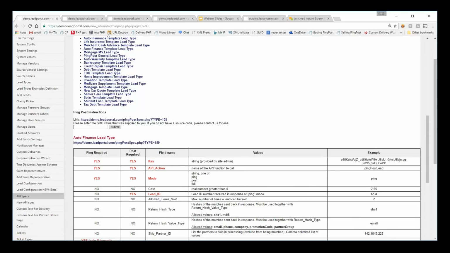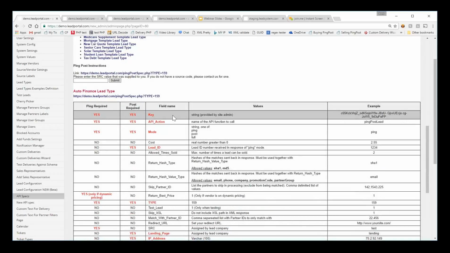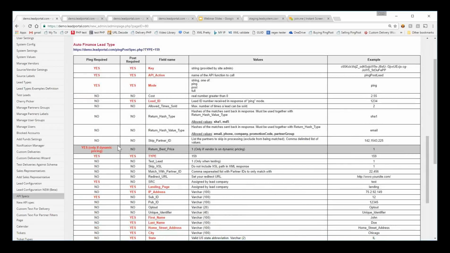Giving this link allows them to see exactly what needs to be done in order for them to be integrated to sell leads to you on a PingPost basis. These specs highlight what's required for them to send on the ping, what's required for them to send on the post, what the field name is, the allowed values or data types for that particular field, and then finally an example. So you can see here with auto finance,